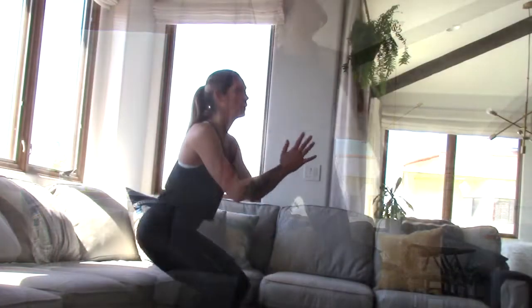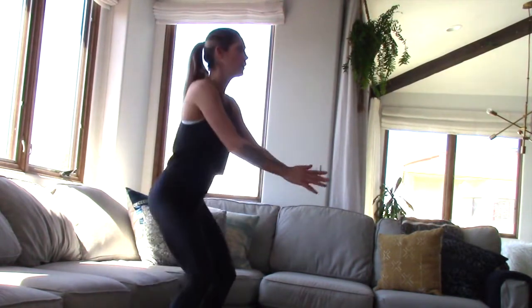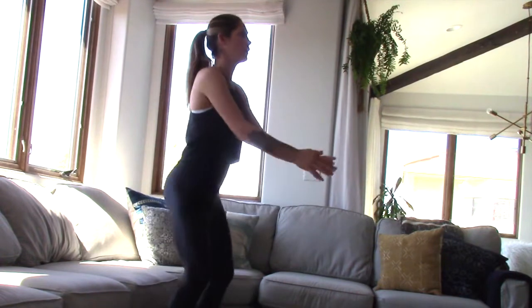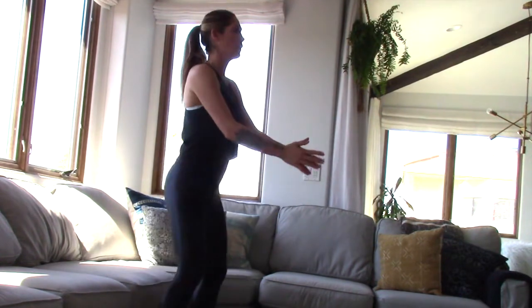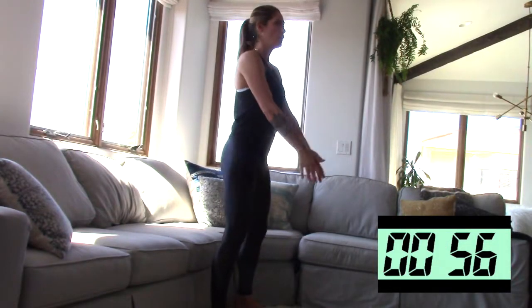First exercise though will be our sofa squats. So let's go ahead and back up to where our sofa is, and we'll work our squat, keeping our chest up. We'll be on in 5, 4, 3, 2, let's begin. Chest stays up, hips stay back, slightly opening up our knees as we drop our hips for our